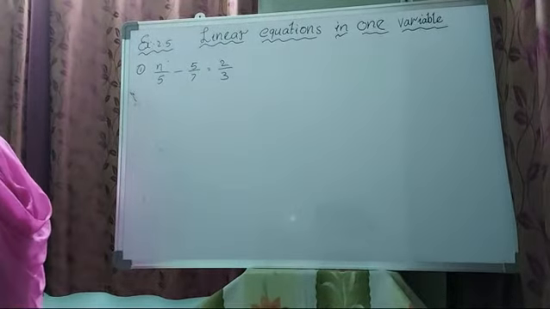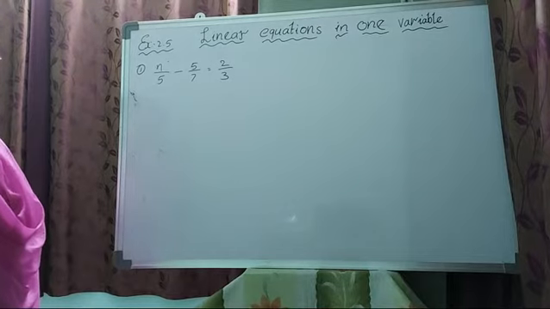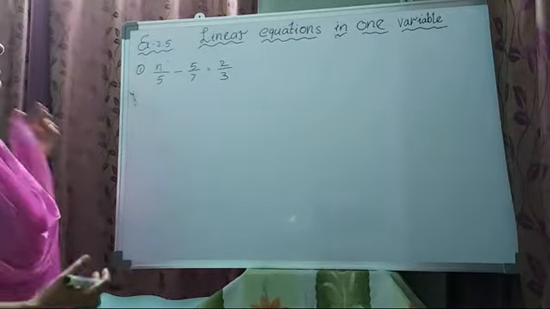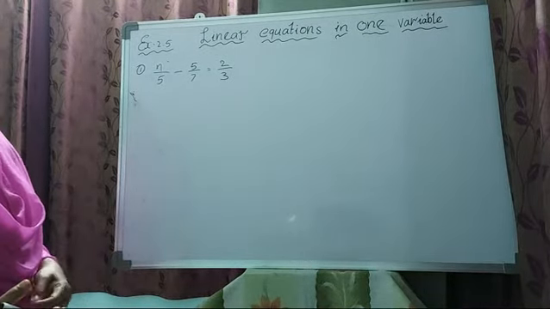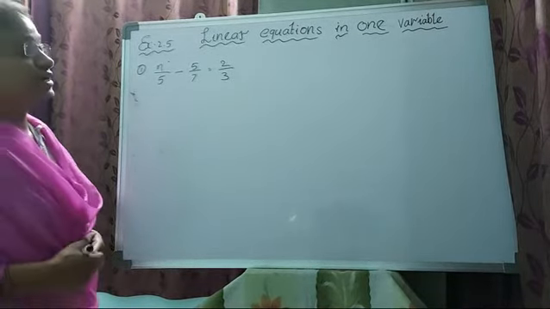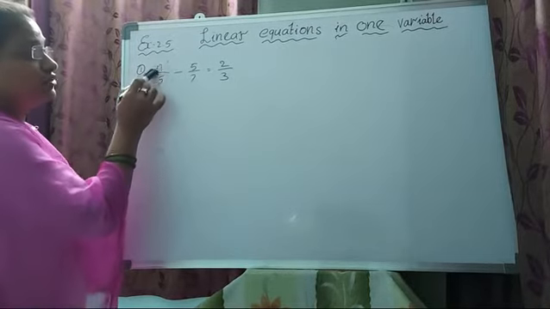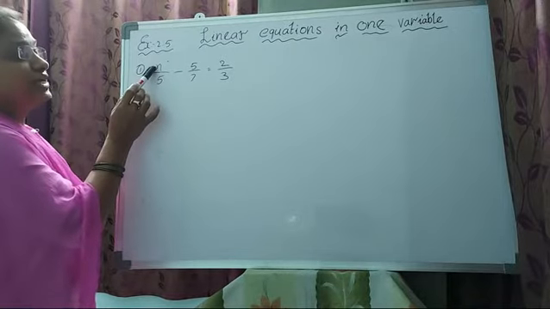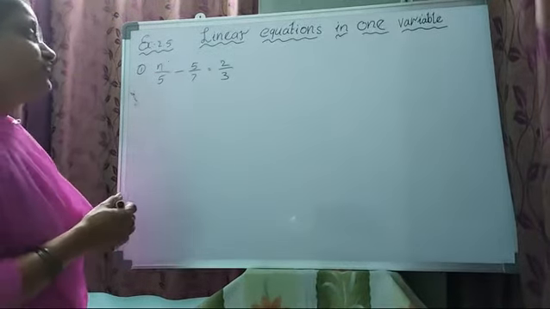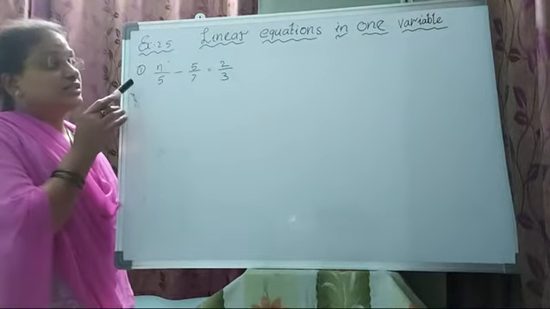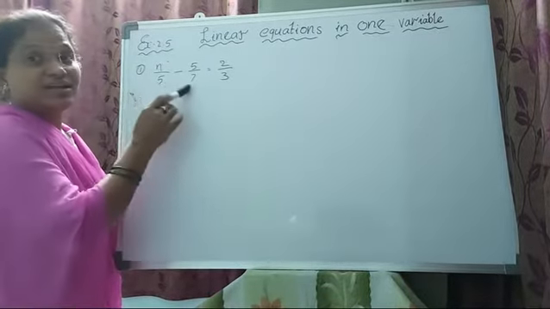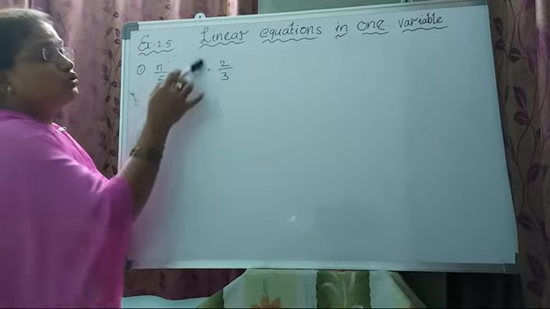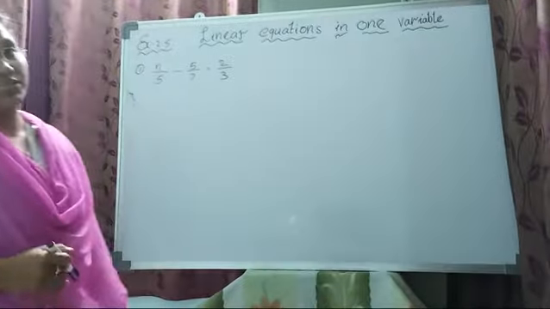See here, yesterday we discussed parallel lines and their angles: corresponding angles, alternate angles, interior angles, like that. But now, how to solve the solution of the equation? Solution of the equation is nothing but finding the n value. We already solved such equations in normal form, but here they are fractions. How to solve if they are in fraction form?